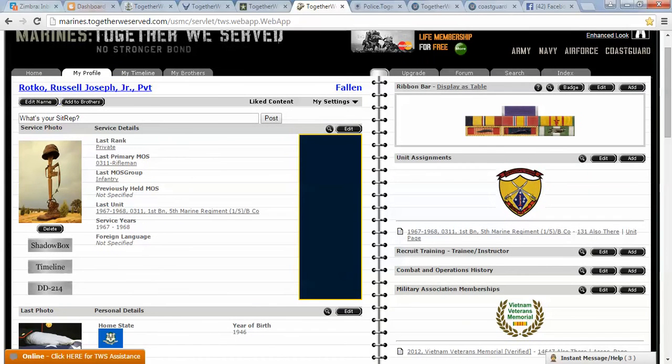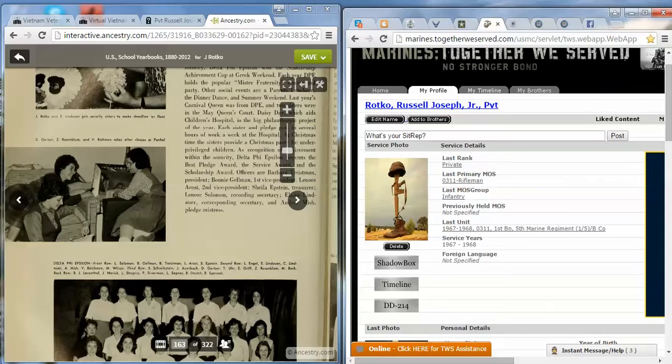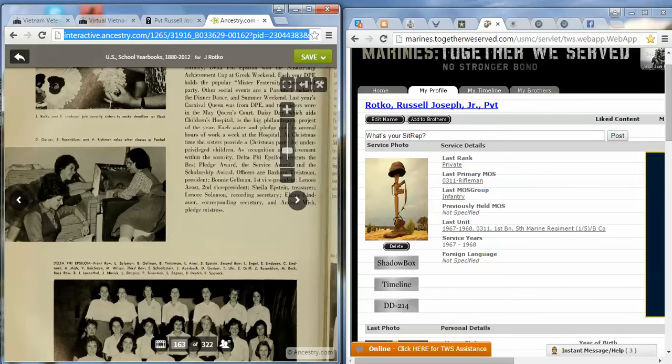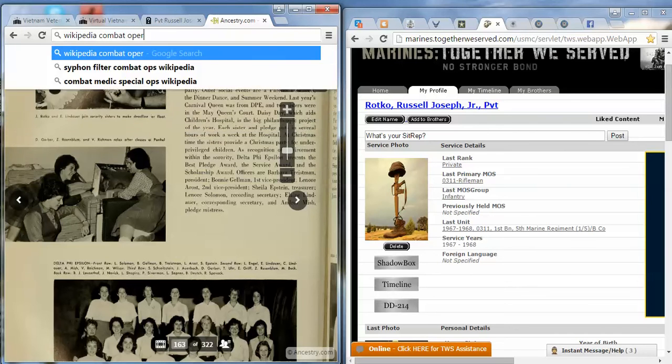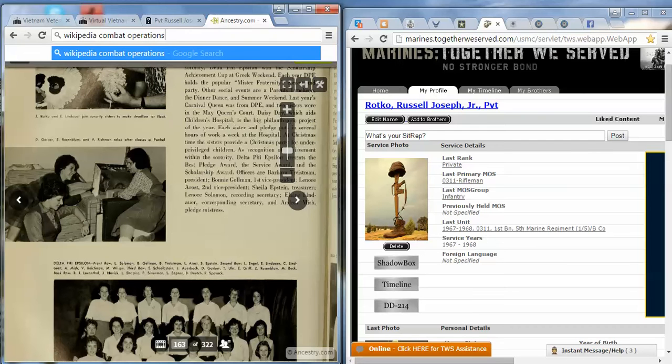He has his ribbons, he has his unit, he does not have combat history. Wikipedia has this wonderful database for Vietnam. And if you go over here, combat operations for Vietnam.